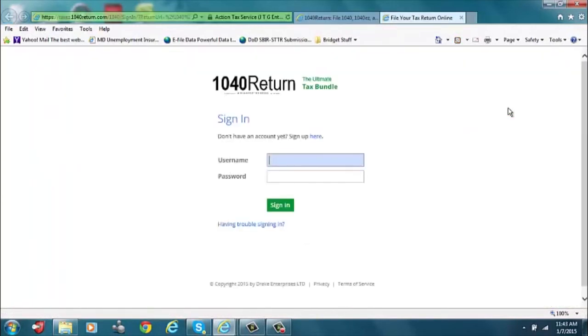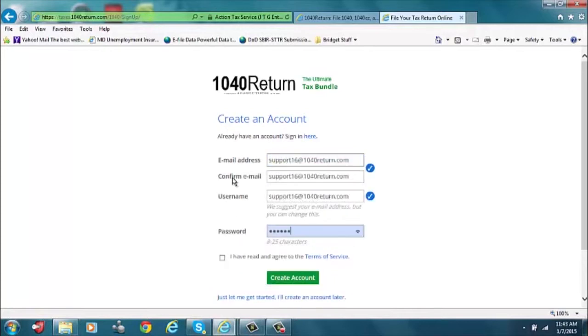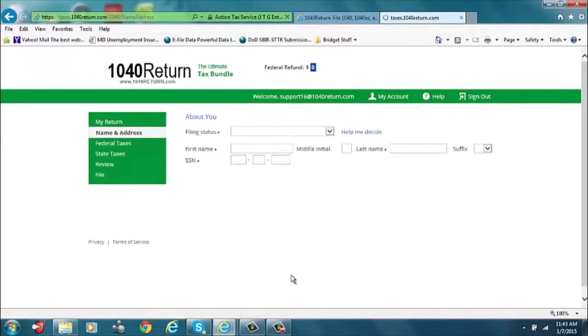Since we don't have any account, let's create one by clicking on the Here link. So for this example, I will create a sample account. However, feel free to fill in your own information instead. Don't forget to click on the Terms of Service Agreement box below, and when you're all set, press Create Account to get started. For this example, since John is taking care of a child, we'll be using Head of Household